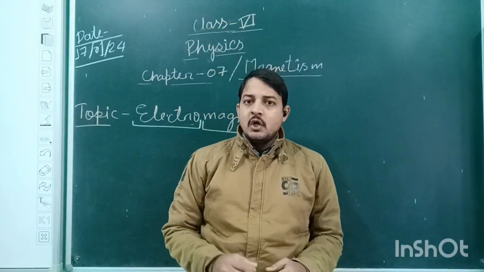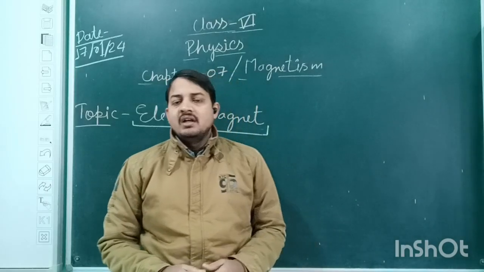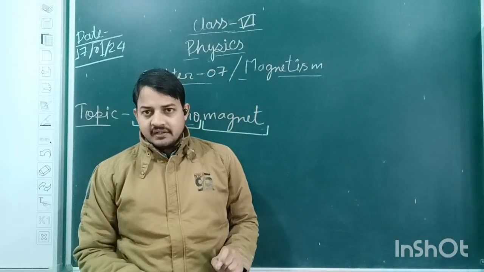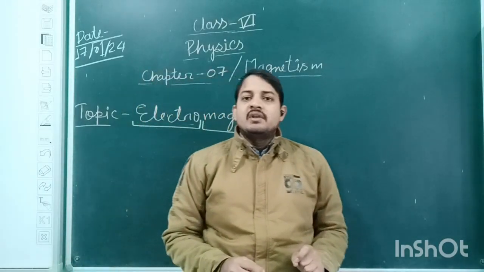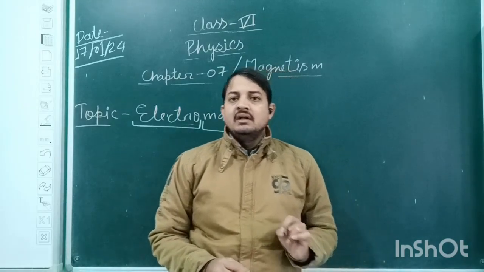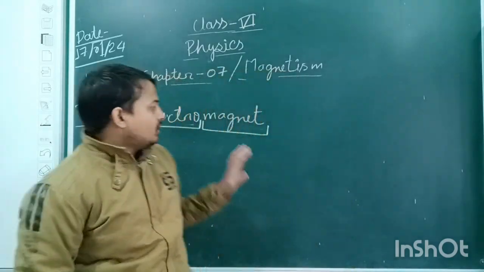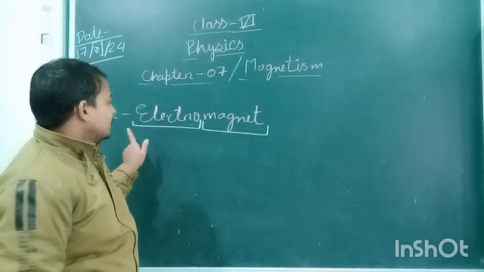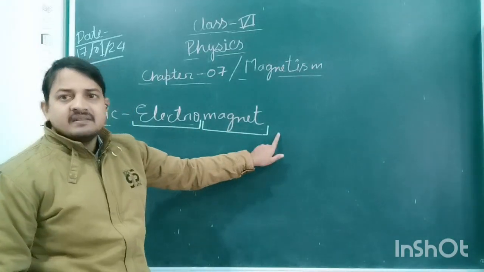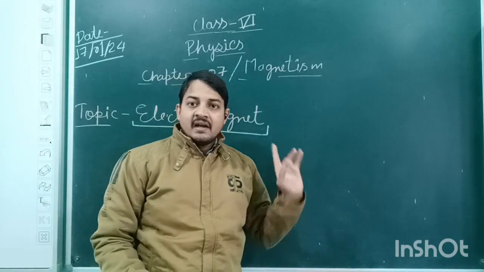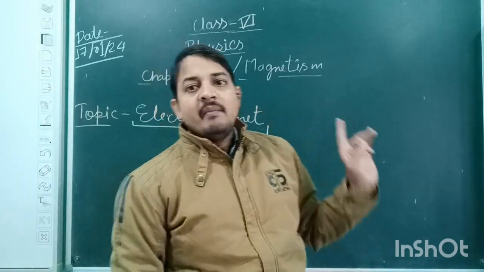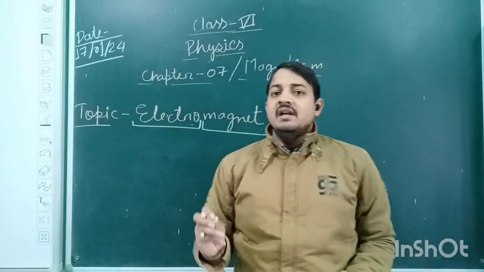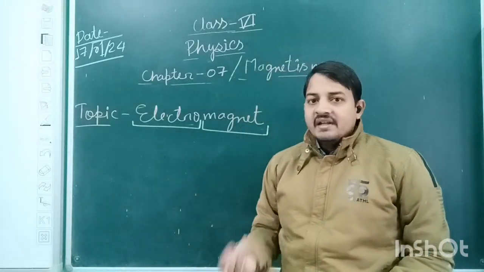Okay, so just now we have discussed some symbols to represent in any electrical circuit. Now I am going to tell you how we are going to make the electromagnet. Electromagnet is basically made of two words, electro and magnet. It is a kind of temporary magnet. First of all, always remember that an electromagnet is not a permanent magnet. An electromagnet is a temporary magnet. And how is it acting as a magnet?